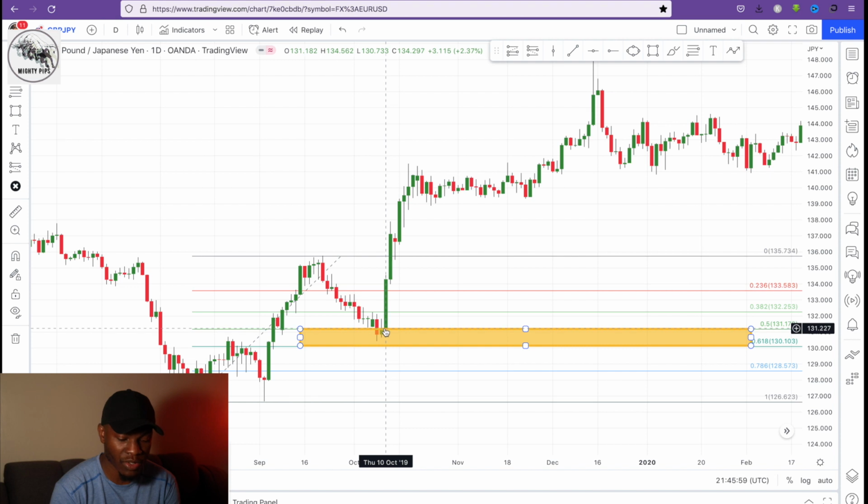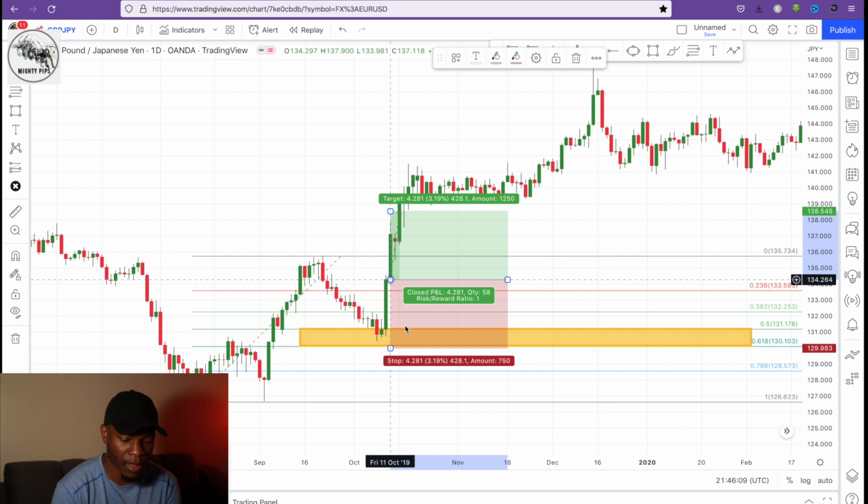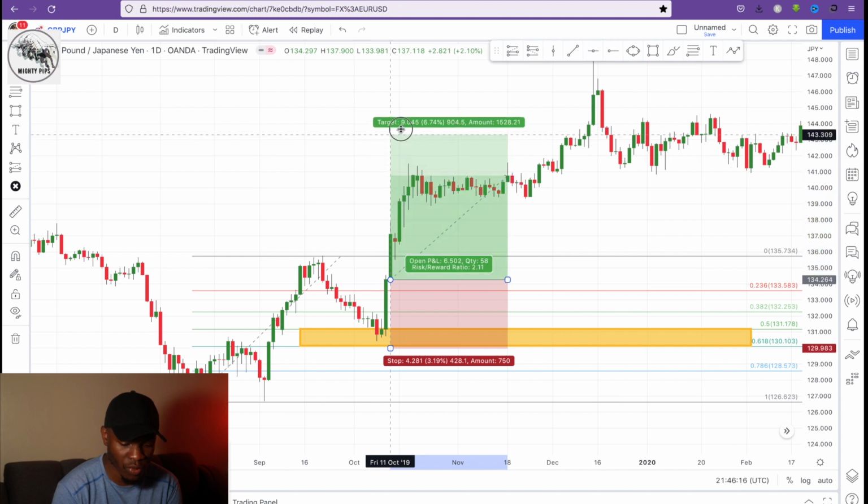This is a candlestick confirmation pattern to continue bullish. So you would put in a long position after the engulfing candle. Stop loss just right there, and then you would target a 1:2 risk to reward ratio, which would be